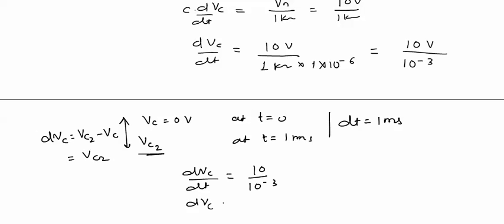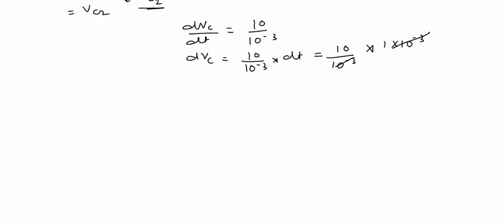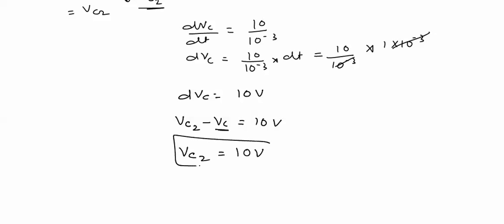From this we get dVc equal to 10 by 10 raised to power minus 3 into dt, and dt is 1 millisecond, 1 into 10 raised to power minus 3. This will cancel. So we know that dVc is equal to 10 volts. dVc will be equal to Vc2 minus Vc will be equal to 10 volts, and we know that Vc was 0 at t equal to 0, so Vc2 will be equal to 10 volts. So at 1 millisecond the capacitor will charge up to